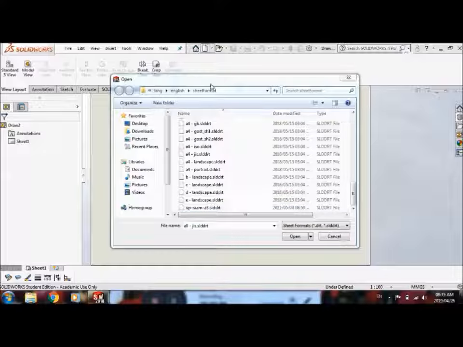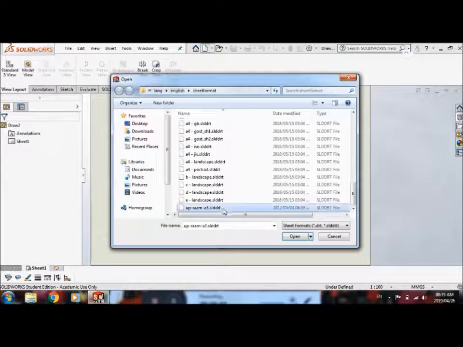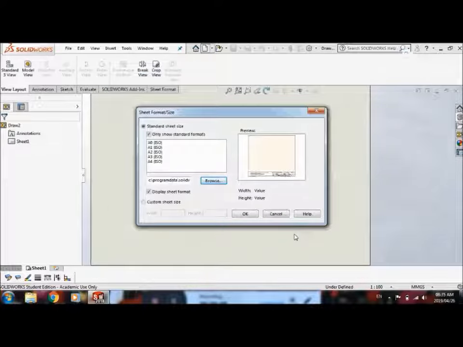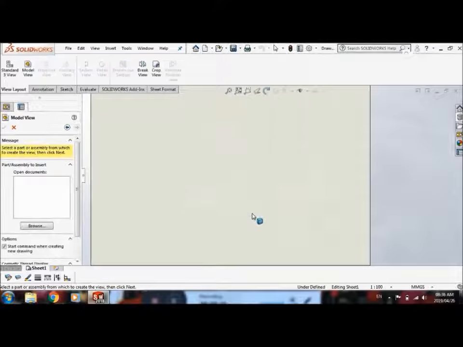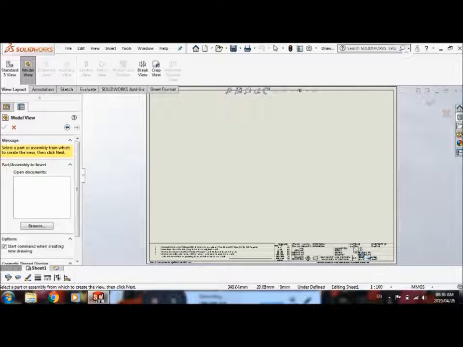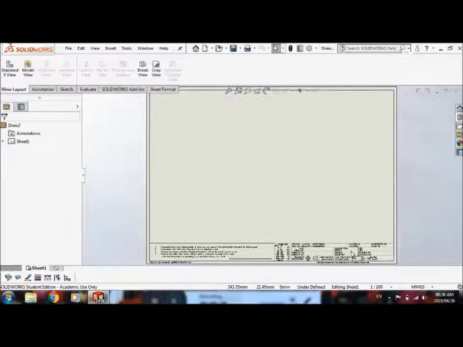Right, so with SolidWorks, when it says select the drawing, I clicked on Browse, and now I'm clicking on my one that I saved there, and then click on Open. And then click on OK. So now my paper is the UP drawing template. Next, it wants you to add a model, like an assembly or a part file, so that you can make your 2D drawing. For now, I'm just going to skip this and just talk about the title block and other